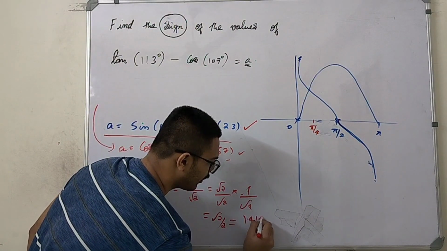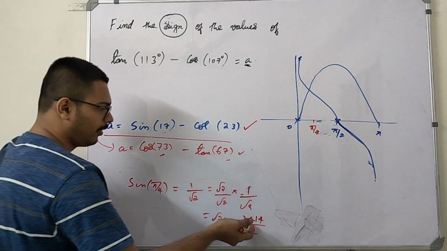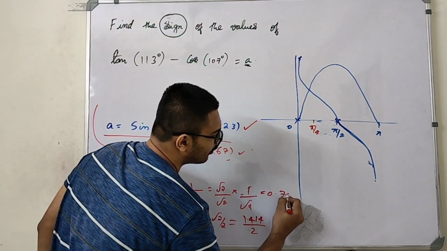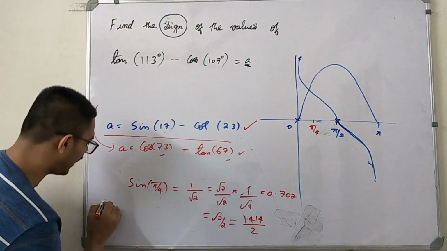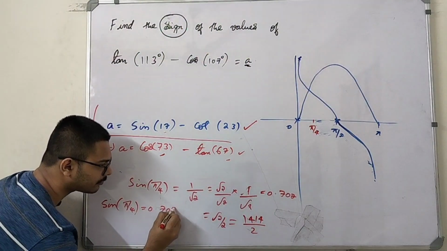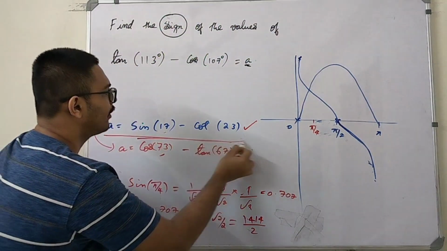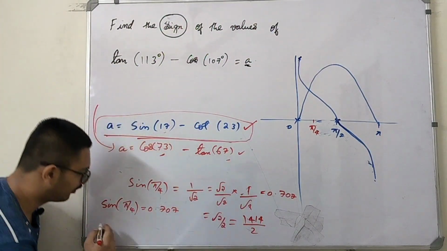1.414 divided by 2. What is the value of 1.414 divided by 2? It will be equal to 0.707. So the value of sine pi by 4 will be equal to 0.707. What is the value of tan pi by cot pi by 4? The value of cot pi by 4 will be equal to